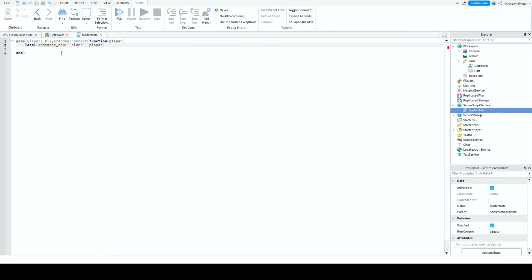You want to type local and then leaderstats is equal to that. So type local and then leaderstats and then equals Instance.new Folder, comma player. So now, once we have the leaderstats folder, we are going to name it to leaderstats, and then we are going to go down 2 lines and then type local